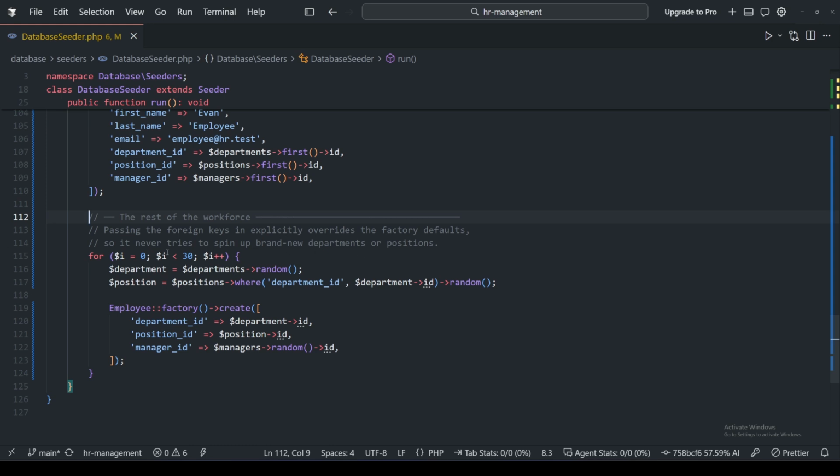By passing department ID and position ID explicitly, we override the factory's defaults, so it reuses our real departments instead of inventing new ones. This is a real bug people hit. I hit it myself building this, where Cedar mysteriously creates hundreds of departments, one per employee, because the factory's own department_ID / position_ID fallback silently fires every time you forget to pass them in. Passing the foreign keys in is the fix, and the comment above the loop says exactly that so future you